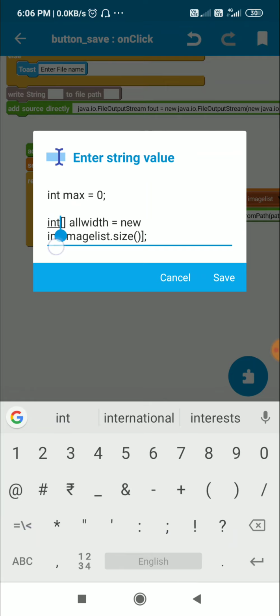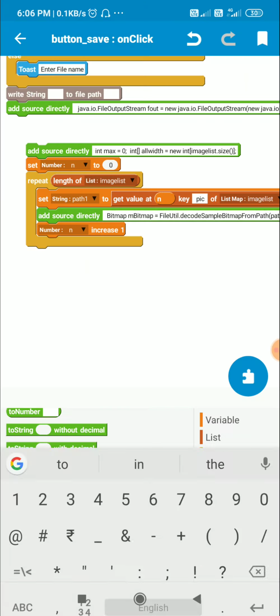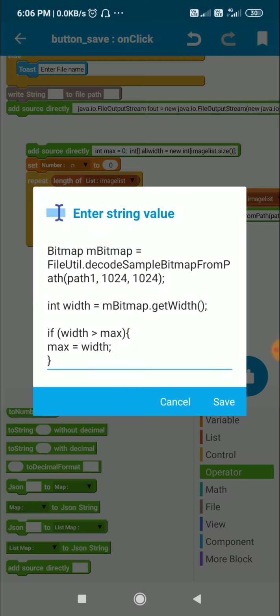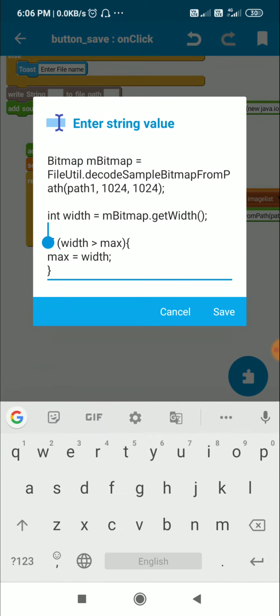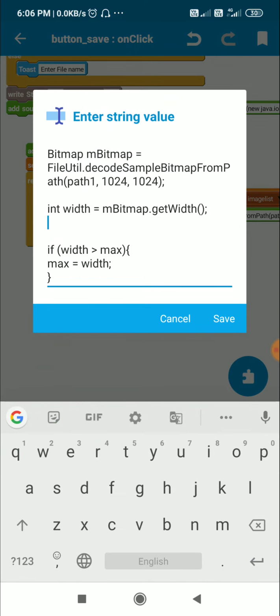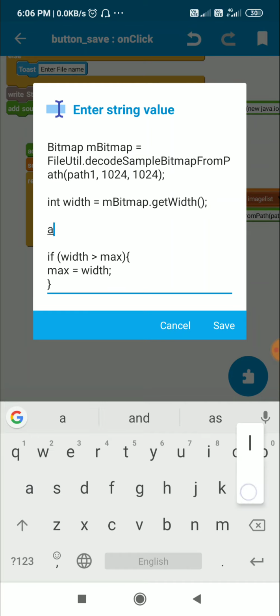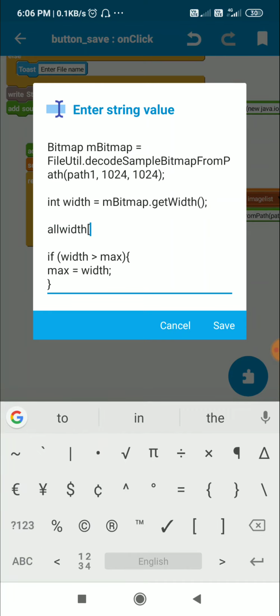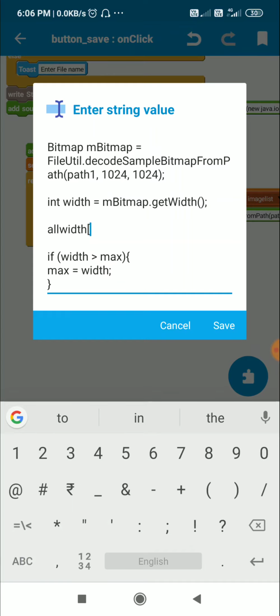So this will create an array of int called all width, which has number of items equal to the items in this image list, but we have not defined what each item is. So that we will do here. After defining the width we can write all width and the position which we have to set.